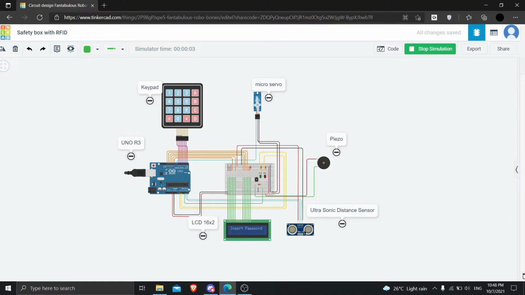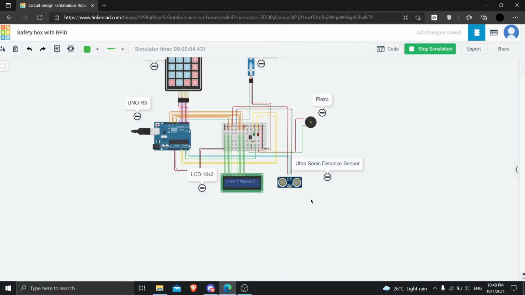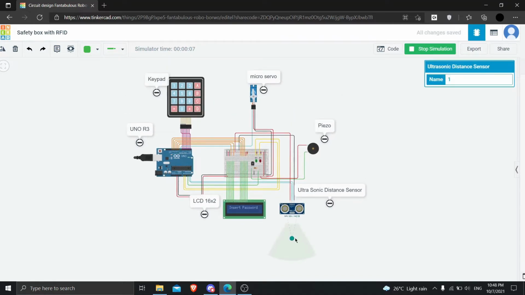After that, we go to the ultrasonic distance sensor and move the point into range, which acts as the card being scanned. Then we insert the correct passcode, which is 1212, and the door will unlock. The green LED light will also light up, and the LCD will show door unlock.